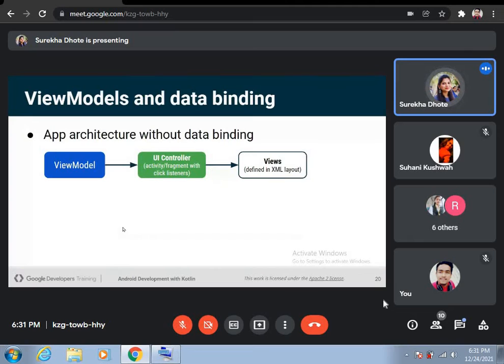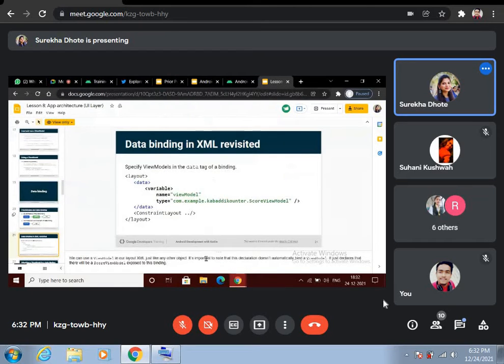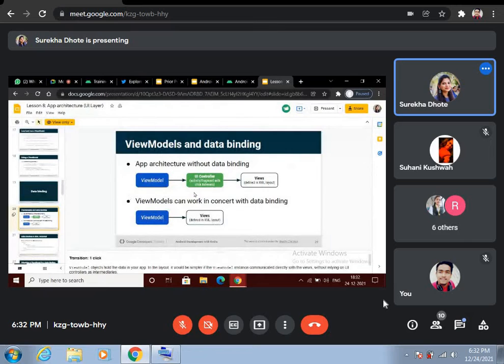What is data binding? What does app architecture actually look like without data binding? View model objects hold the data in your app.